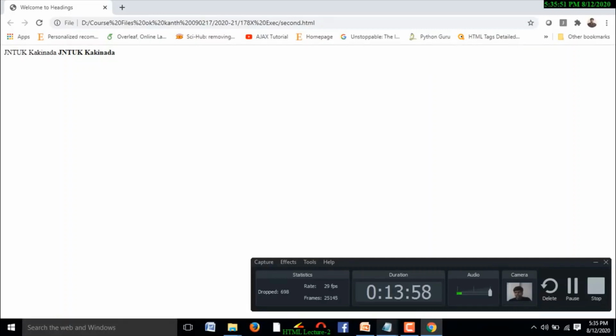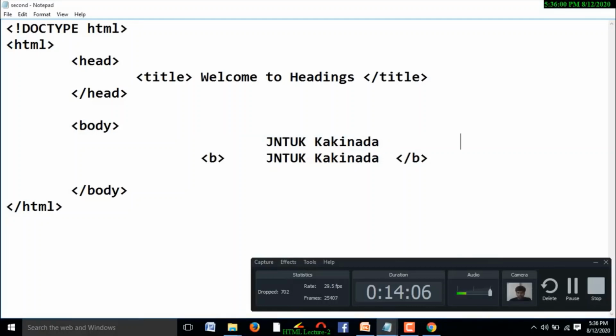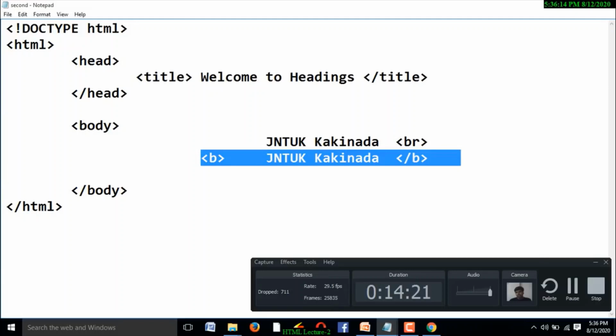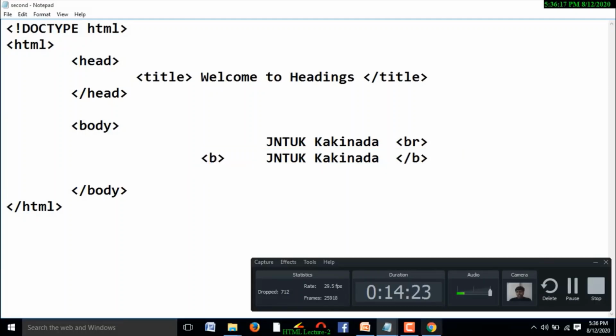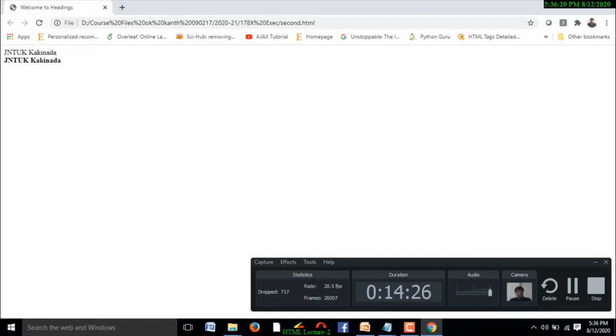And these are two different texts, this content should appear in 2 lines. In that case, you better write the BR tag here. BR indicates break row. See this? Here we are breaking this row. Yes, this is a row, and we are breaking this row by using the BR tag. BR is a tag which is used to break the row. Right. Save this file and refresh it. See, the bold content is arranged in the next line, next row, right? Yes. This is about the break row tag as well as the bold tag.